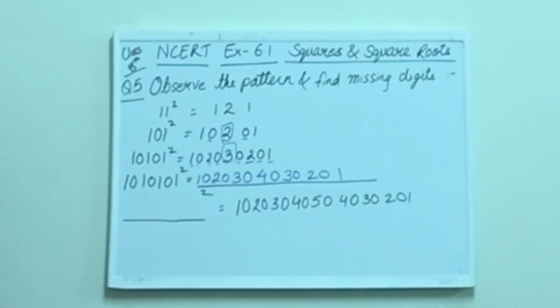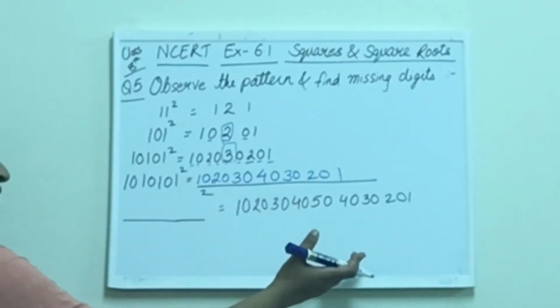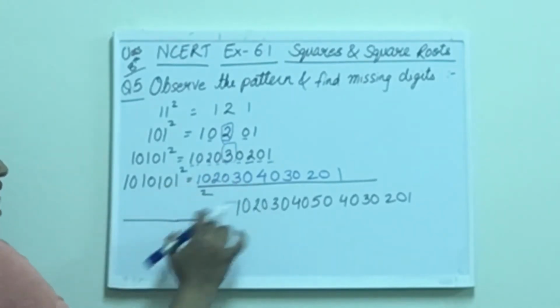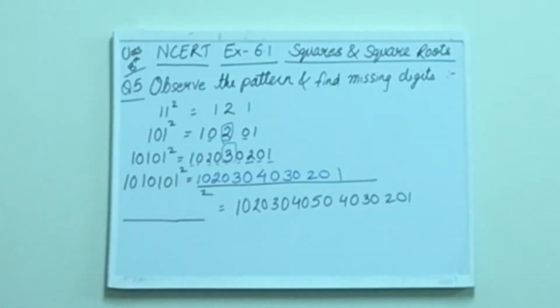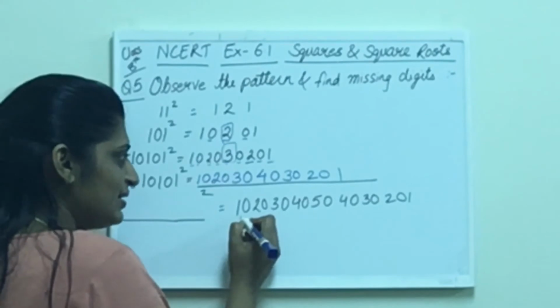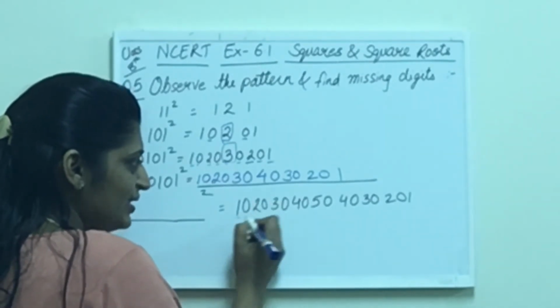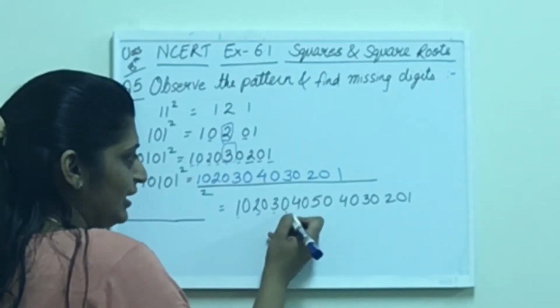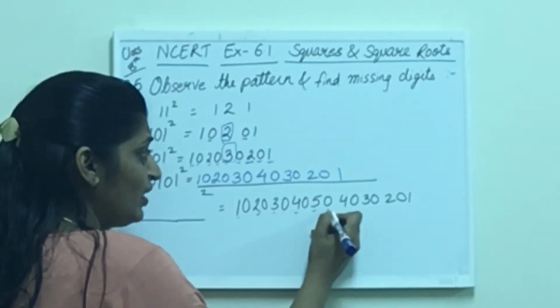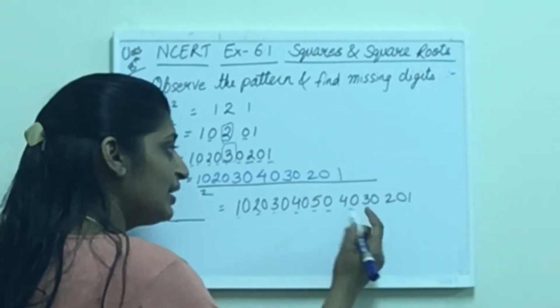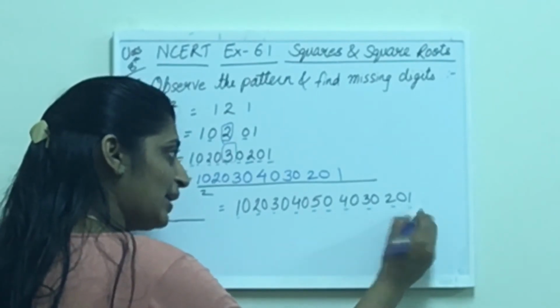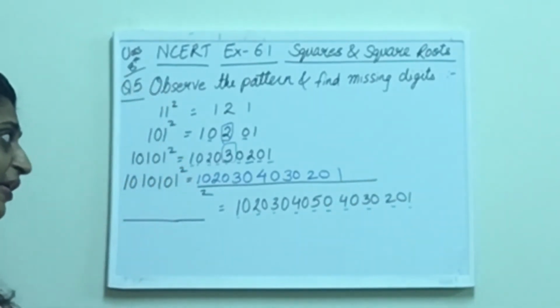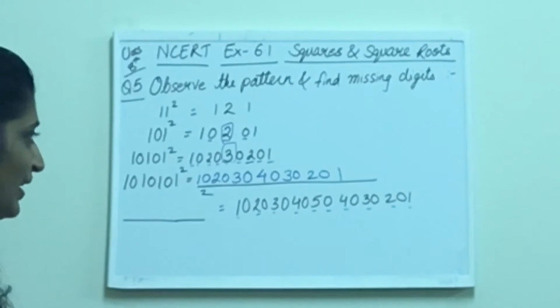Now there is a twist. They have given you the answer and asked for whose number this long number is. So we can see that the pattern is increasing 1, then there is 0, 2, then 0, 3, then 0, 4, then 0, 5, 0. And then again it starts decreasing 4, 3, 2 and then 1, right? So yes, you got it correct.